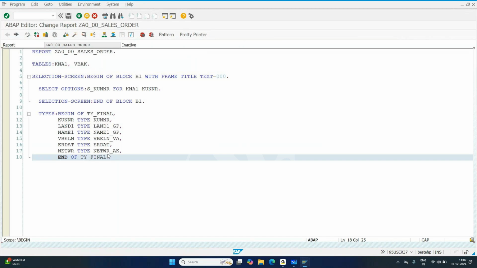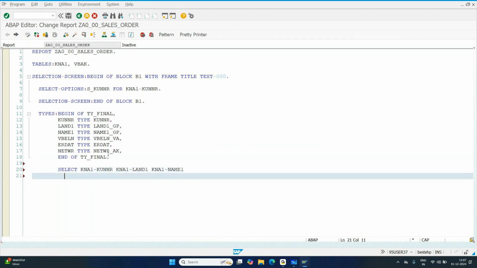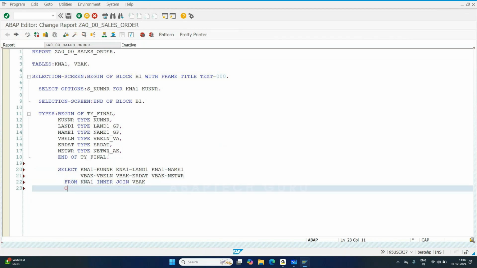Now what will be my result, or what will be my approach when I go with the inner join? What will be my approach if I go with the FOR ALL ENTRIES? So I'm writing the select statement to get the data: select KNA1-KUNNR, KNA1-LAND1, NAME1, VBELN, ERDAT, NETWR from KNA1 inner join VBAK on KNA1-KUNNR should equal